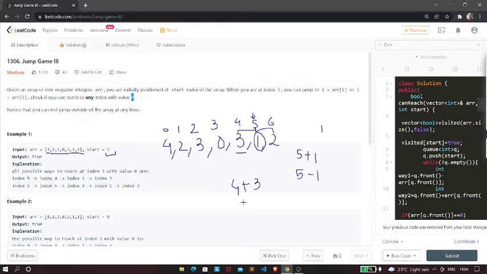We can either go to index 4 plus 3, or go to index 4 minus 3. Those are the two possible indices we can go from here.